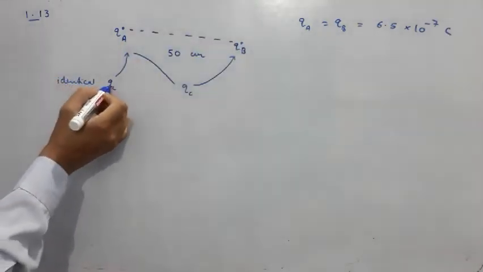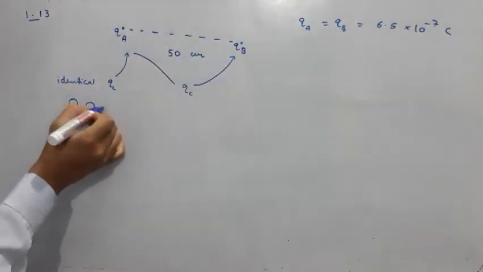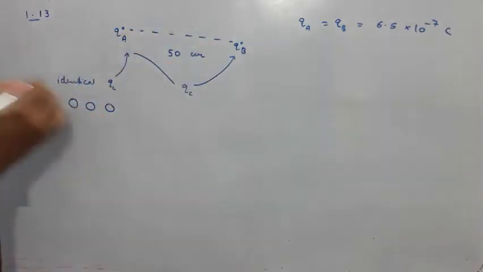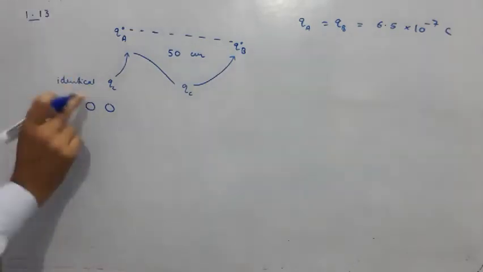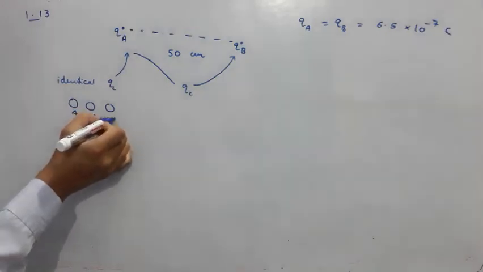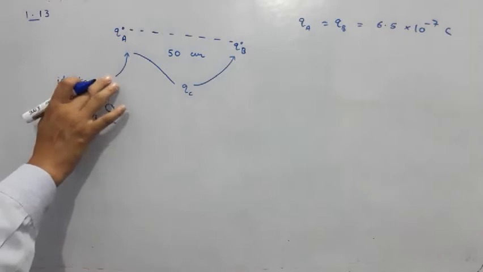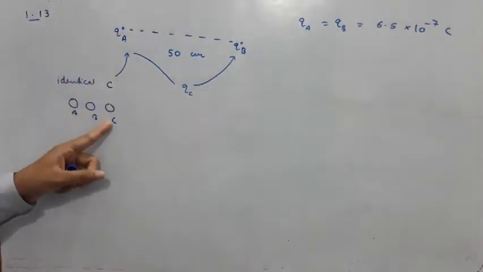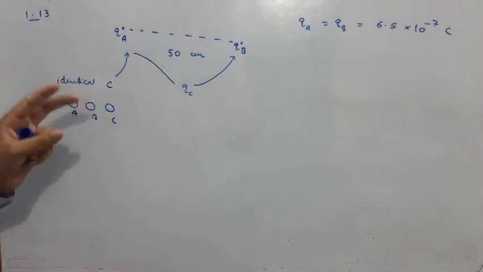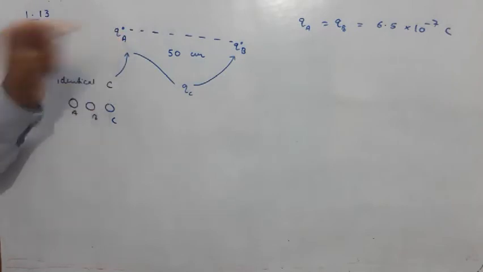Another identical charge on a sphere, all of them are spheres. And all of these three spheres are identical in all respects. They have the same size, same charge. This is A, this is B, C. C was initially neutral. I should not write C, identical body C. An identical sphere, identical means same radius, same density, same material. It is first brought in contact with A.